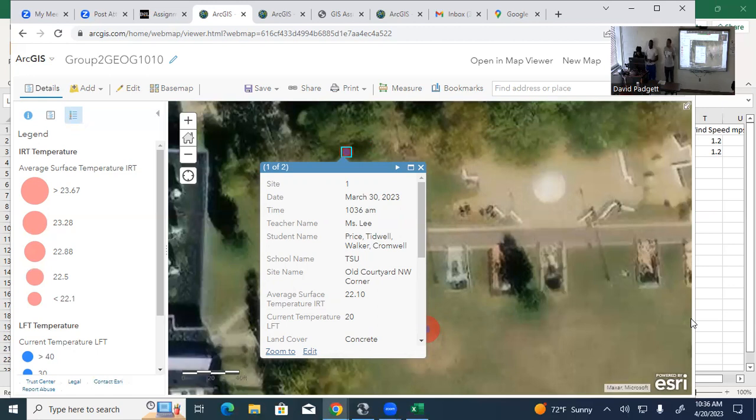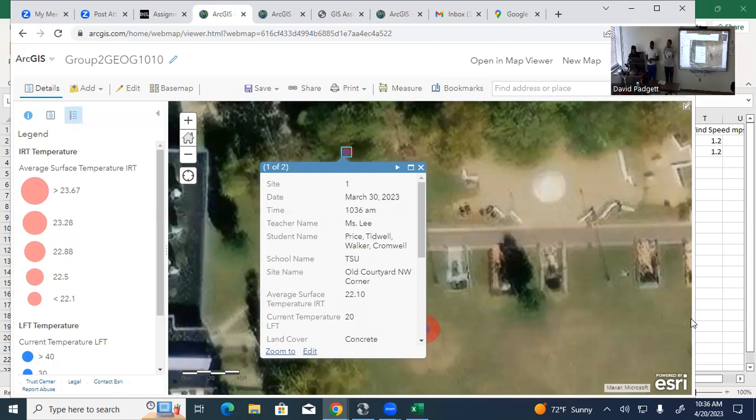Our symbols make it appear as if there's a big difference, but it's really only like 1 degree Celsius difference in terms of the gap between the current temperature and the surface temperature on each site. So really, we would have to adjust our symbols. We're not gonna do it now because they're almost the same. So it could be perhaps